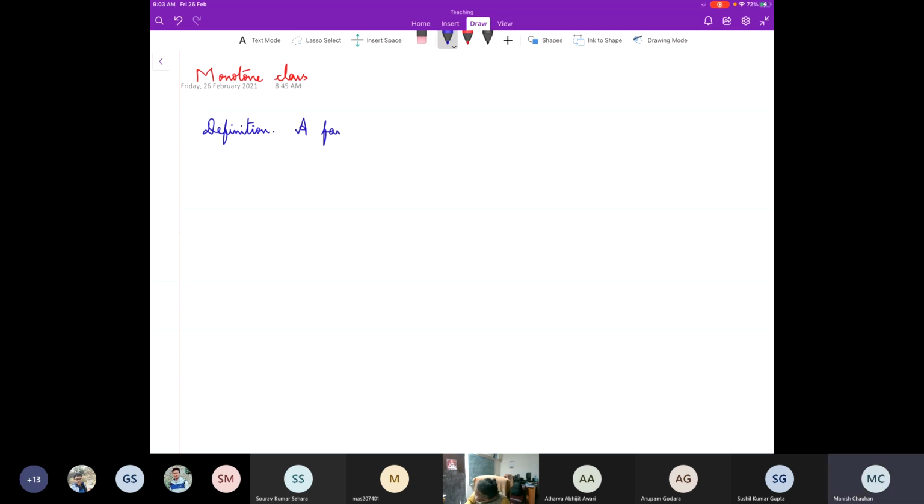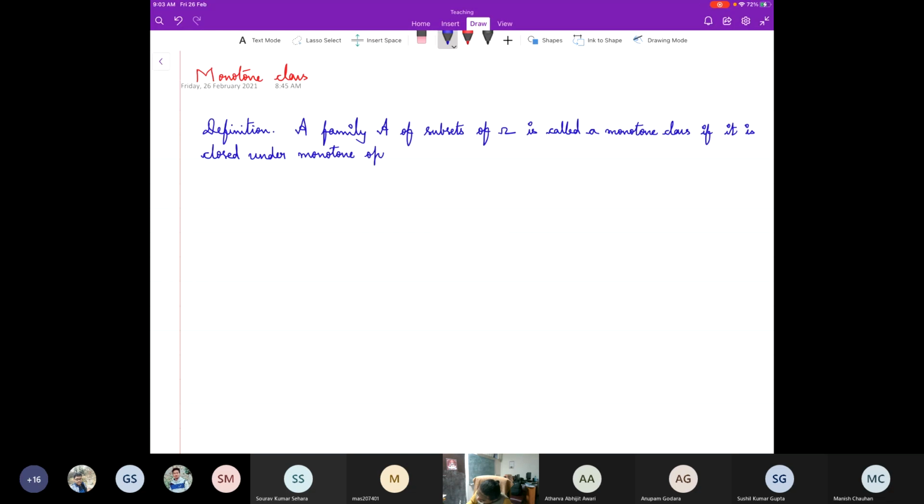A family script A of subsets of omega is called a monotone class if it is closed under monotone operations. What are they? That is,